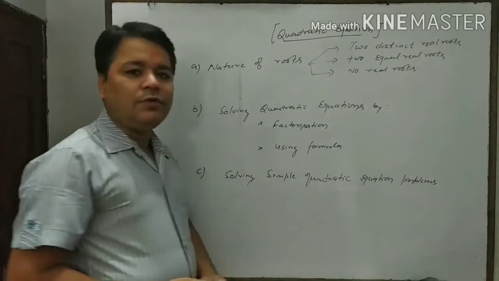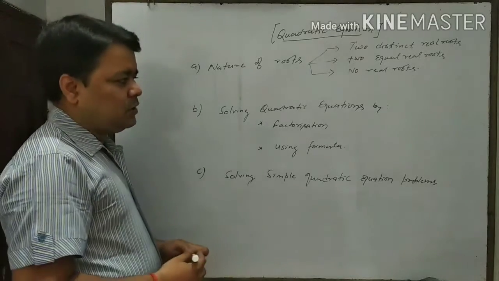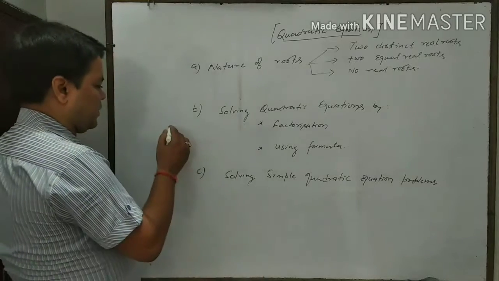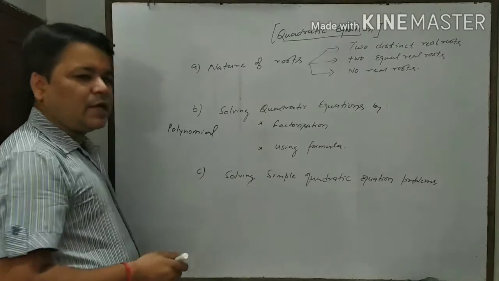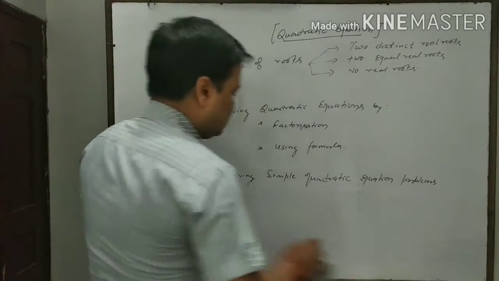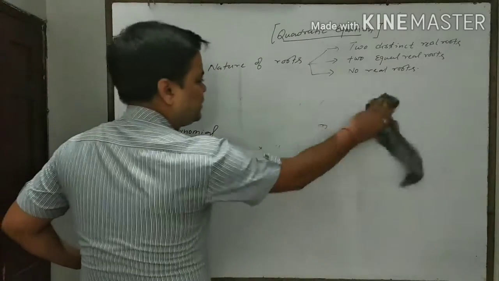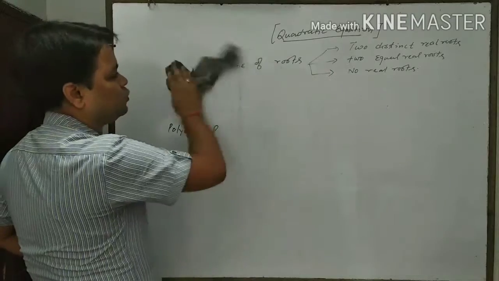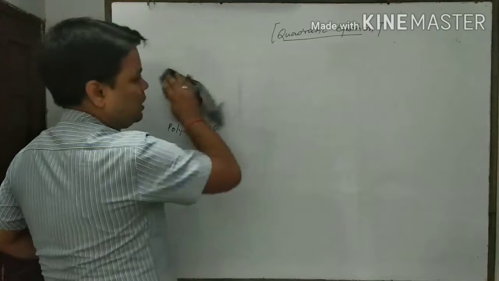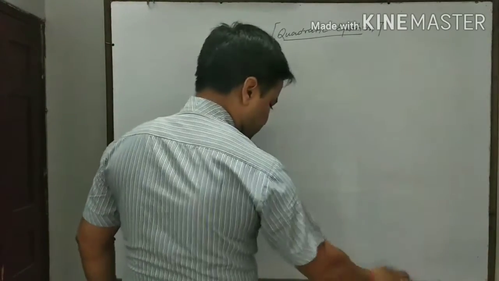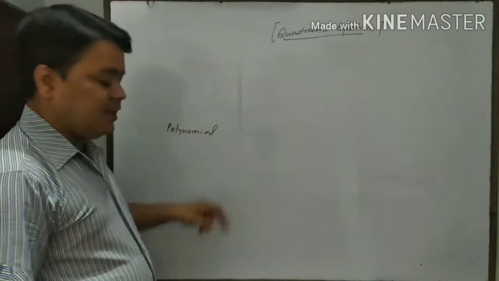First of all, we will discuss the quadratic equation. My dear student, I think you know about the polynomial, from class 7th and 8th. In polynomial, it was mentioned that it is divided on the basis of two things. The first one is on the basis of term and the second one on the basis of degree. So here we will discuss the classification of polynomials on the basis of degree.